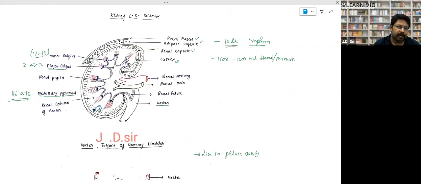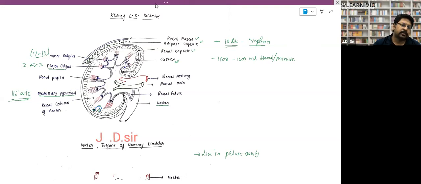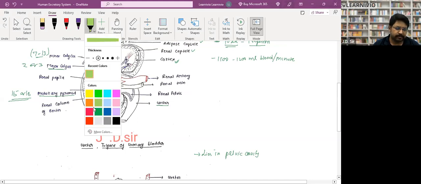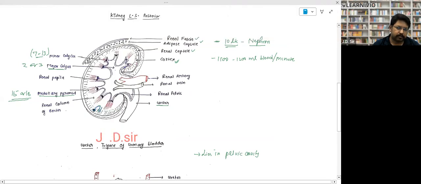Inside there is a part, this part. Let me color it. There is this part called the cortex. Half of the nephron is found in this cortex part, right? And the other half of the nephron is found in the inner part. So this part is known as the cortex. You can see, half of the nephron is found in the cortex, and the inner side part,